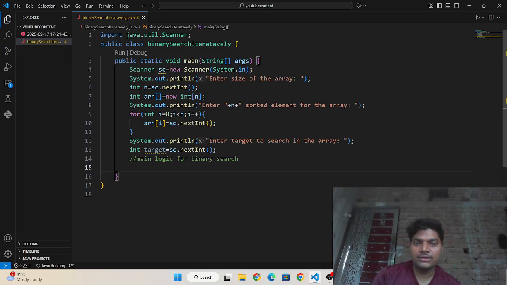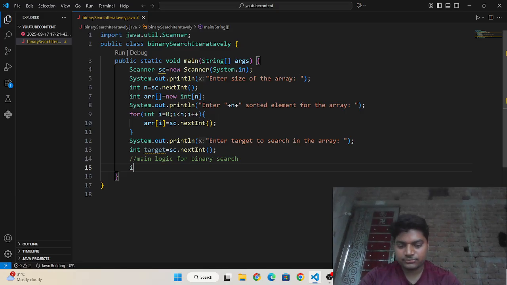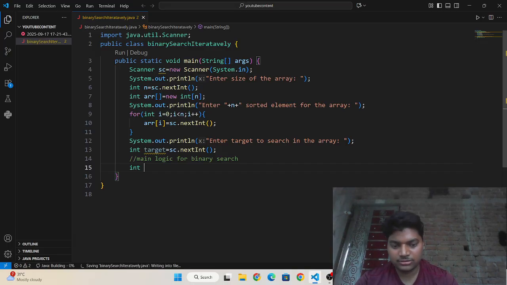We already initialize the mid, low and high positions in the array. So I am going to write here int low is equals to 0.